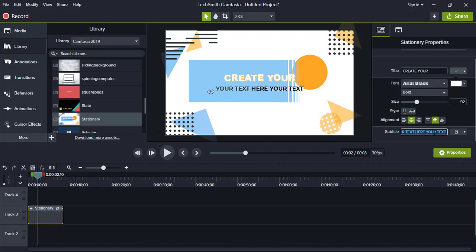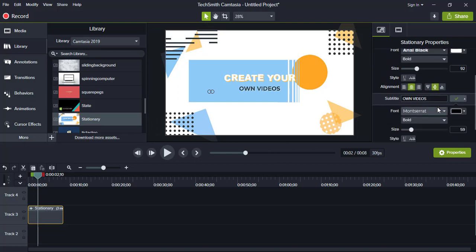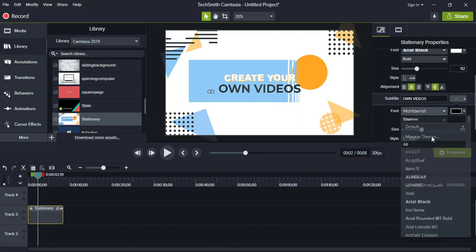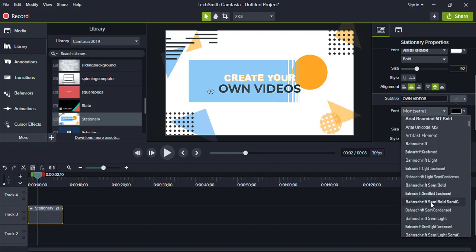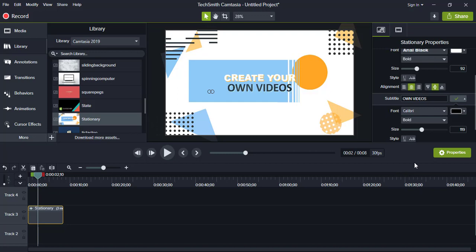I'll scroll down, and from here you can change the bottom line. And for that also I'll just increase my size a little bit. I want to show it as more prominent one, and I'll change from here my font type. I'll just choose this one, yeah.